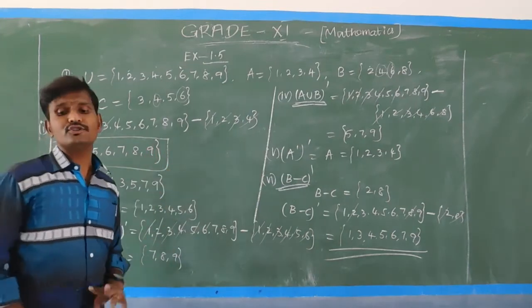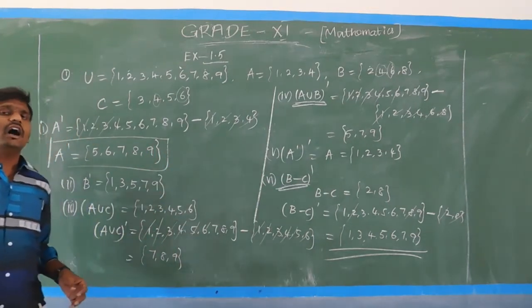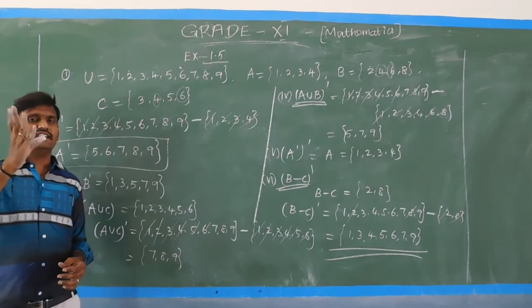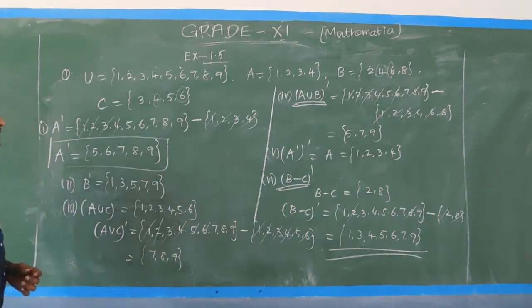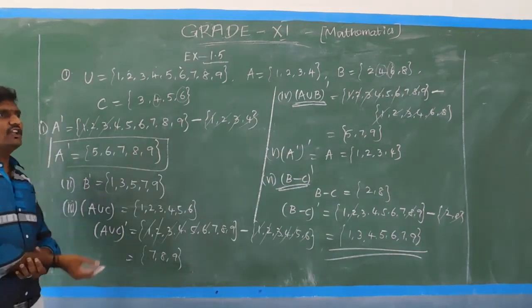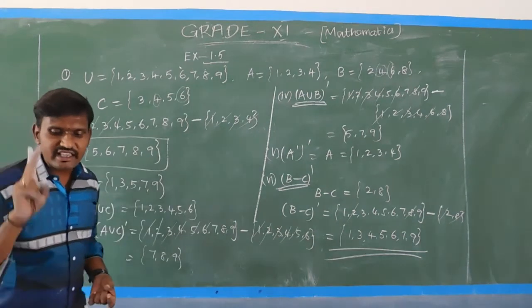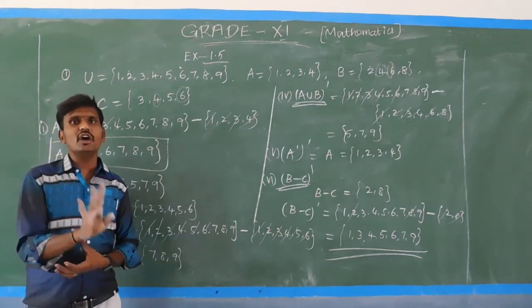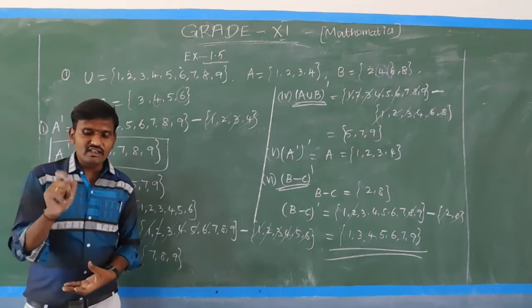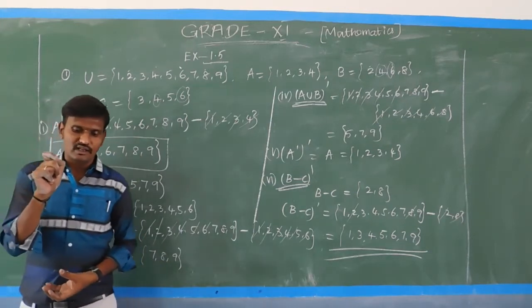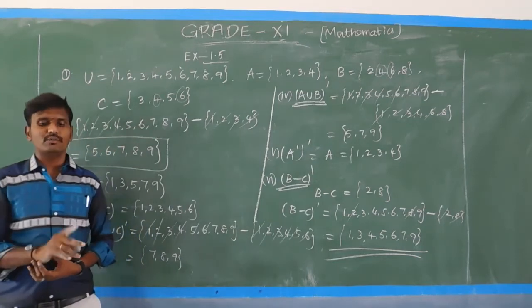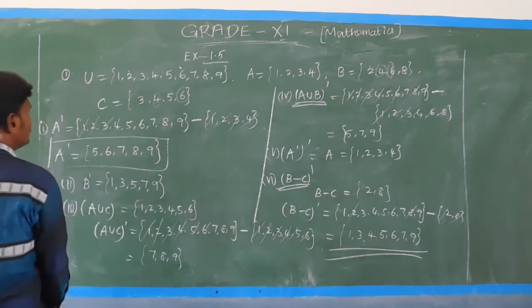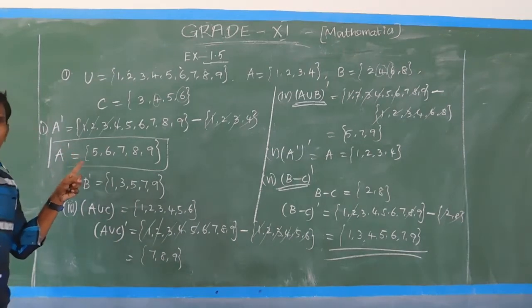So very simple, students. Because already you are thorough in union, intersection and difference, on those three things, next I have to move to complement. The second question and third question are your homework. In the third question you have some difference, because the given sets are in set-builder form. That's what I am going to explain now. I think you don't have any doubt on this one. Yes? Fine.